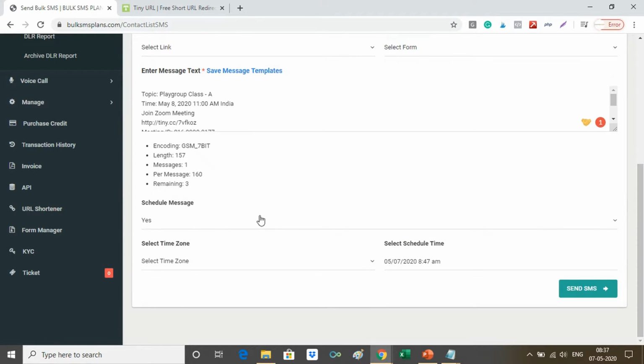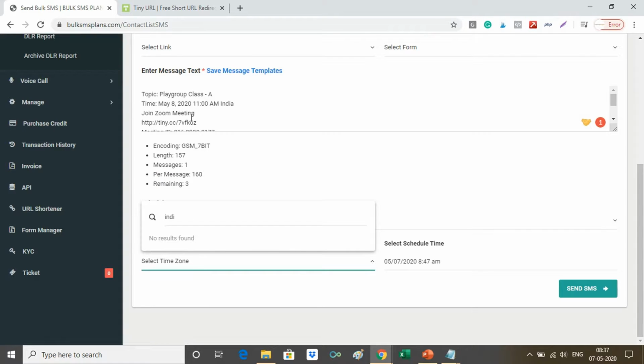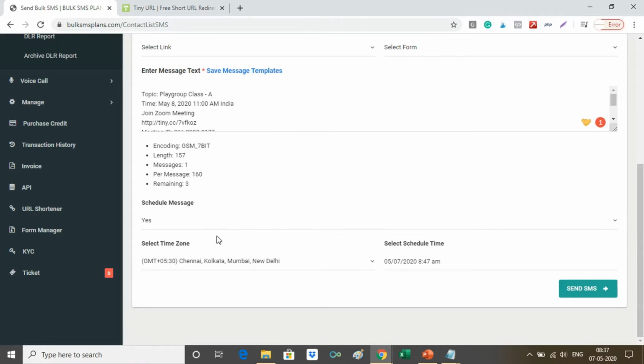It will then ask you for a time zone. So in order to select the time zone, just simply type here Kolkata and it will give you a GMT plus 5:30 time. So click on that Chennai, Kolkata, Bombay time zone and then select a date when you want to schedule this SMS.